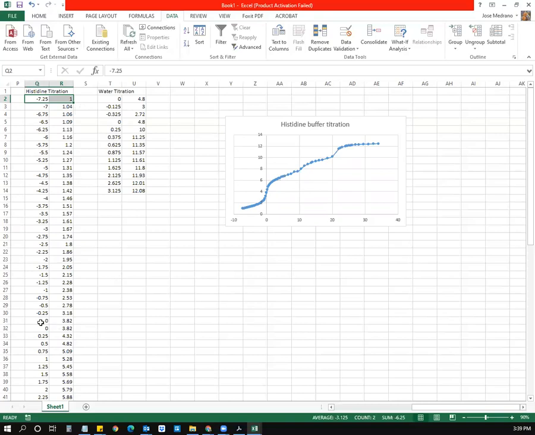I will note that because you did 2 separate titrations, one with acid, one with base, you will probably have different starting pH values for no titrant added. You should have 2 zero-titrant starting pH values. If that's your case, I would recommend you take these 2 starting pH values and just average them into 1. So for example, here, if I had like